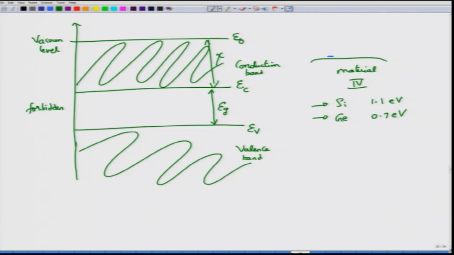Okay, this structure is called a diamond structure, in which each silicon atom shares electrons with its neighboring atoms. The atomic number of silicon is about 14, I believe, and what you have is that